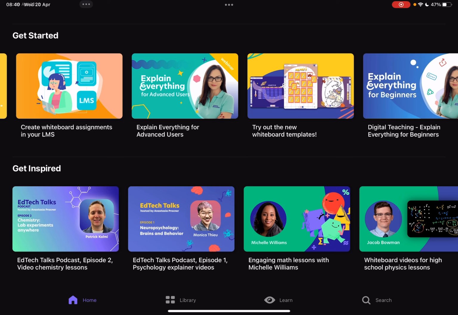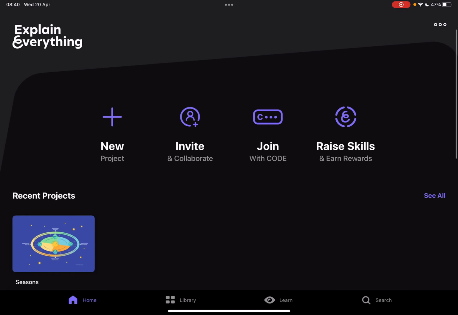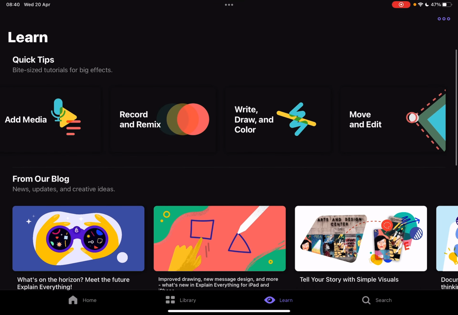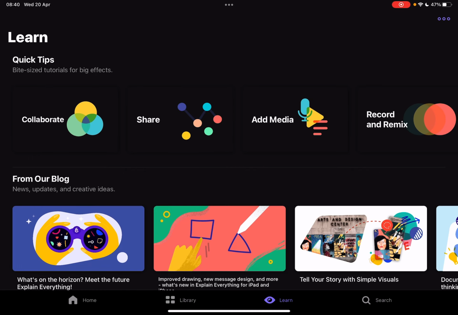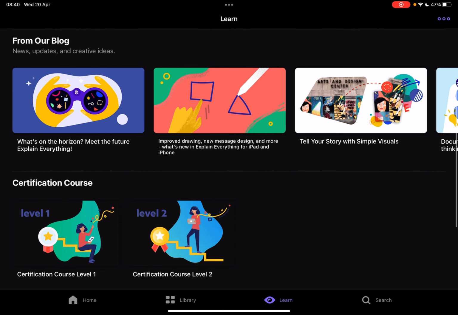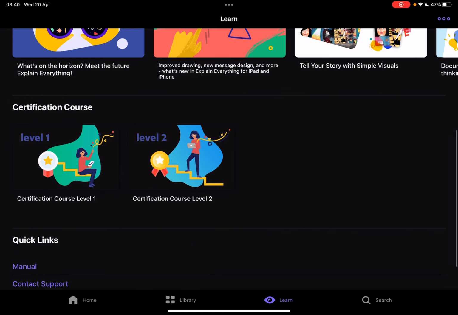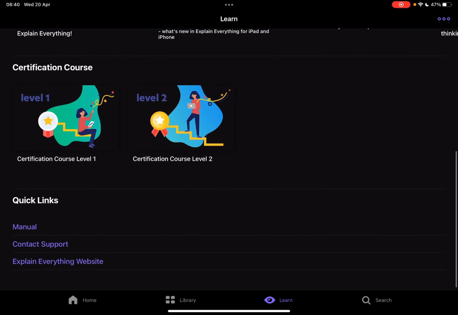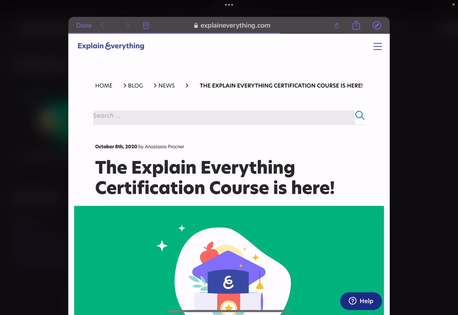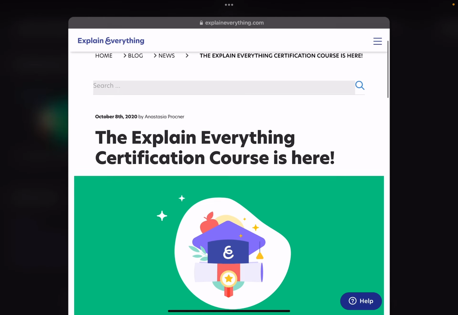First, open the Explain Everything app. Then go to the Learn section, which is on the right side, and at the Learn section you just have to scroll down a little bit below the quick tips, and from our blog section you will see the certification course. And here, as you can see, there are 2 courses available right now, but I think they are working on some more courses, and you just have to tap on the first one if you are just starting, and